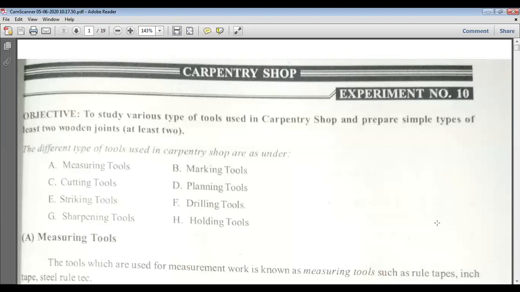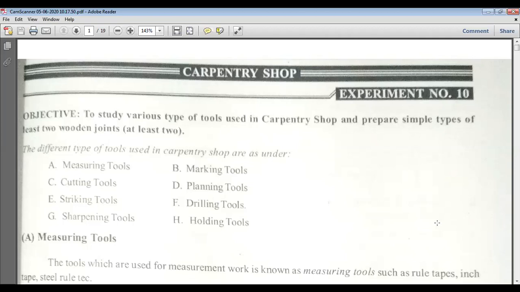This is experiment 10 in our study, and at the same time it has a theoretical part also. The theoretical part is covered in the Workshop Technology subject, and the practical, experimental part is covered in the workshop lab.